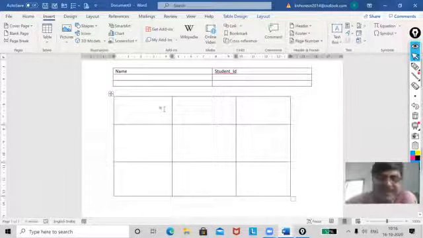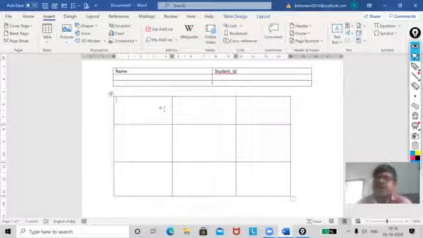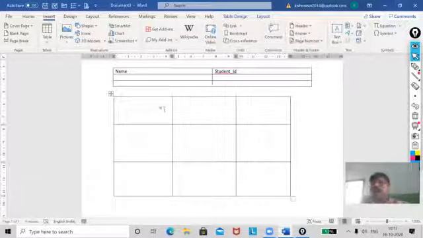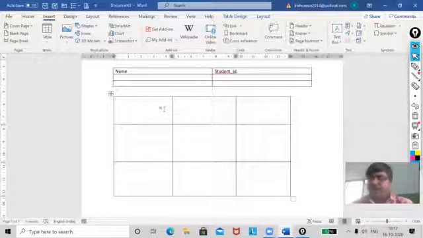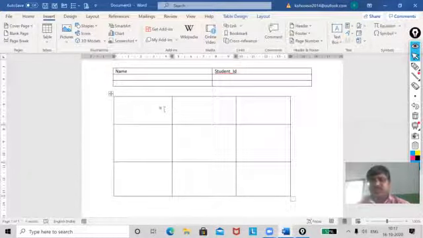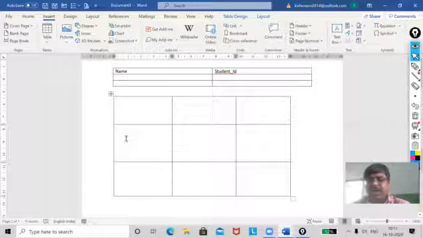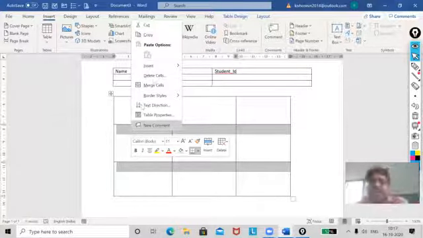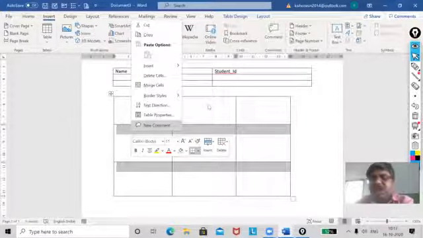Now, these were the methods to create rows and columns for the table. But I want to have deletion. That means as I created the number of rows and columns, but later on I thought, no, it should not be 2 rows. It should be only 1 row. Like I'm having 3. I want these 2 to be deleted. Select it, click the right mouse button, go to delete cells and click on delete entire row. Now the 2 rows which I selected will be deleted.